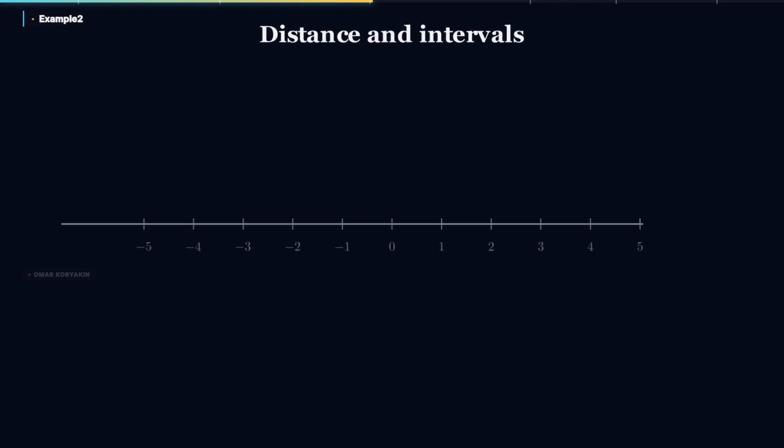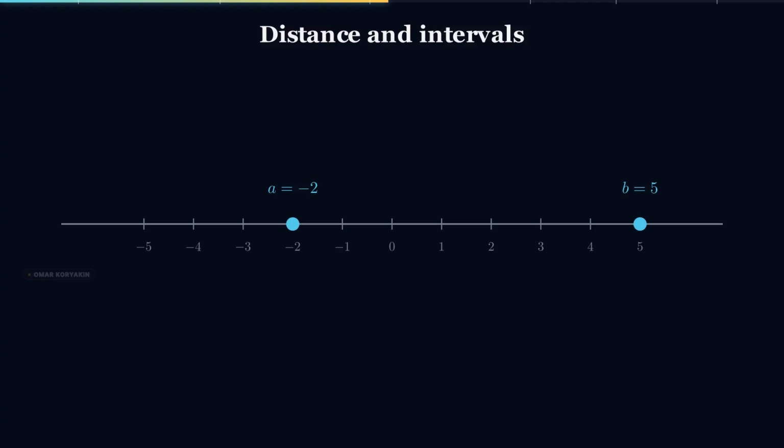Take 2 numbers on the line. The number a equals negative 2, marked by a blue dot on the left side. The number b equals 5, marked by a blue dot on the right side. We will compute the distance between them and then describe 4 different ways to talk about the entire stretch of